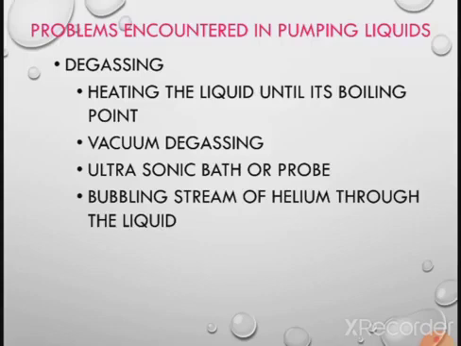If gas is present in the mobile phase, due to the high pressure the gas is dissolved in the mobile phase and passes through the pump. But when the pressure drops at the end of the detector, the gas may bubble out and provide a false reading. That's why it is very essential to remove the gases from the mobile phase, and that's why the degassing technique is used.